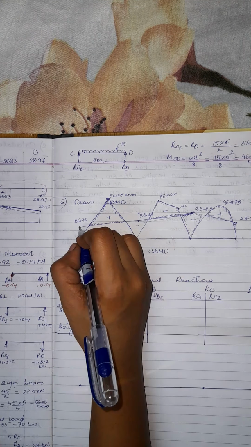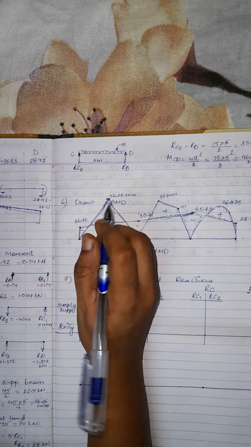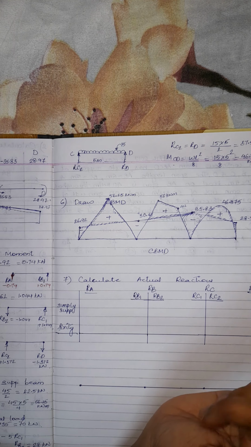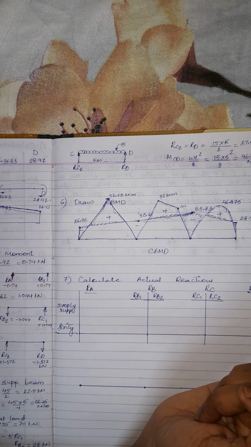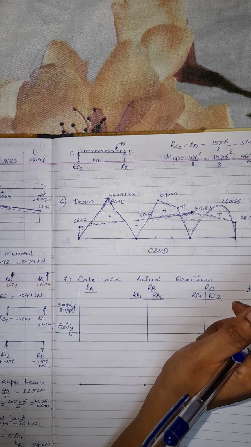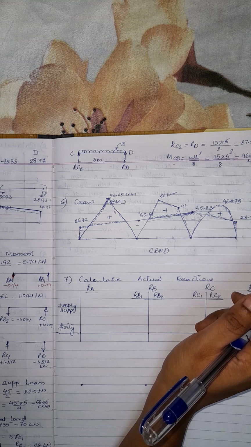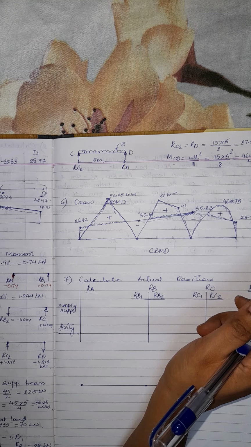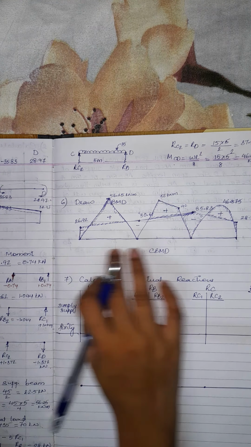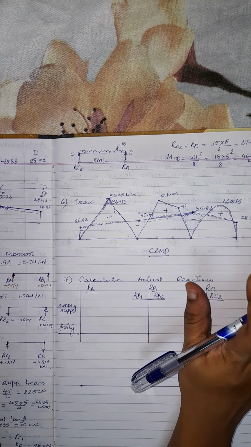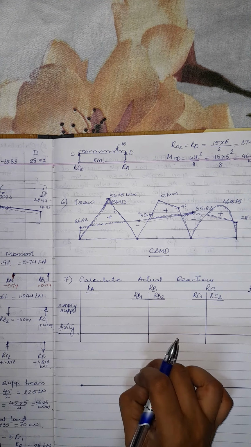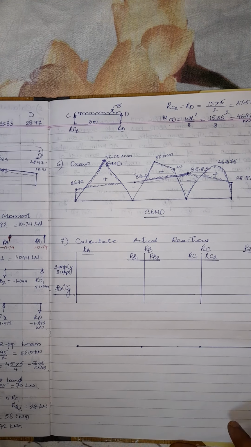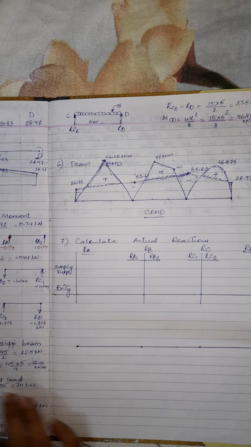Till step number 6 will give you full marks, because it is just calculation of support moments, which we have done, and drawing BMD. But if it is asked to do analysis, to draw the shear force diagram or analyze the beam, then it should also include the 7th and 8th steps. The 7th step is actual reactions calculation and drawing SFD using it, isn't it? So this is actually enough to get full score for the given problem, but I will continue for further analysis so that you can cross check your answers if you are solving this full problem.